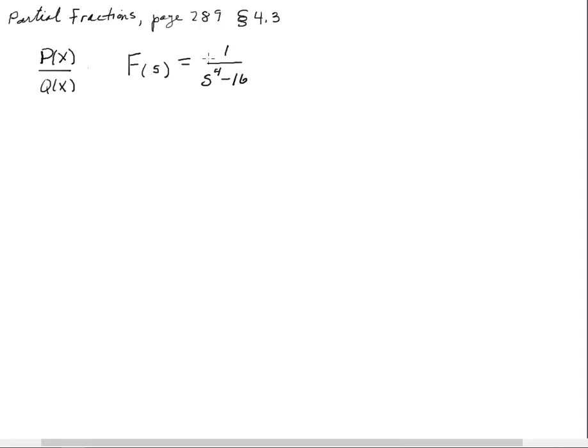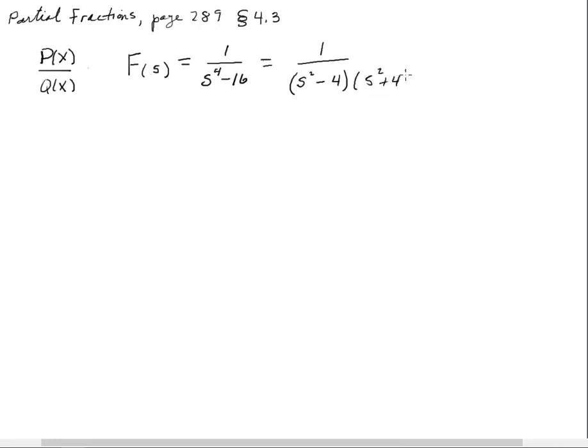So if I can change the form of 1 over s squared minus 16, maybe I can recognize a sum of Laplaces and come up with an easy way to calculate the inverse Laplace of F of s. Well, we see right away that the denominator will factor into 1 over (s squared minus 4)